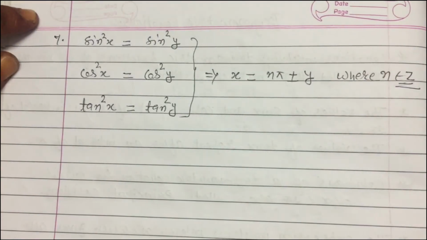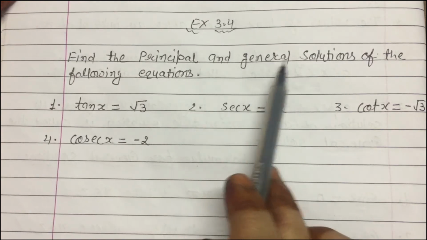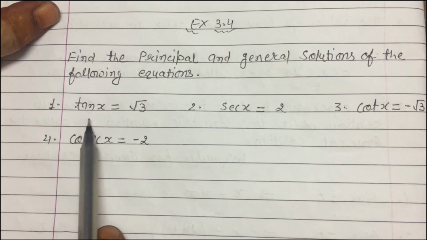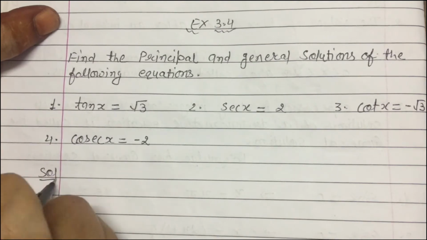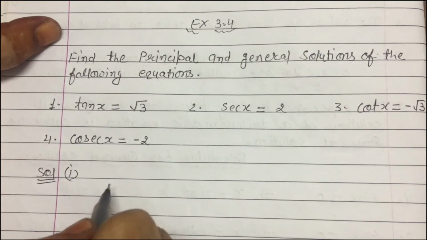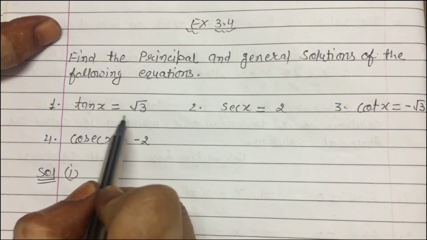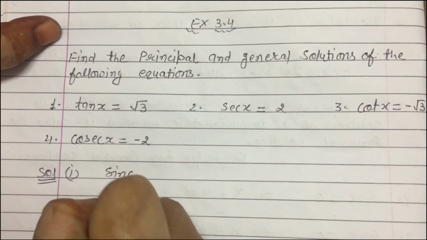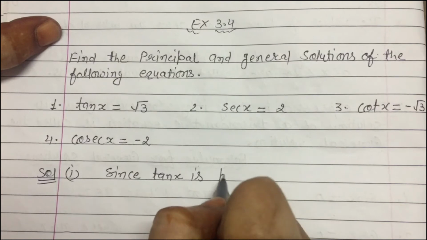Now let's start the questions of exercise 3.4. Question one: find the principal and general solutions of the following equations. First part is tan x is equal to root 3. Let's start the solution. Here tan x is positive, which means x lies in the first and third quadrant. So you have to write, since tan x is positive,